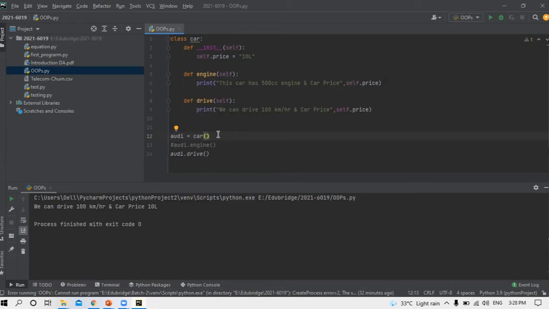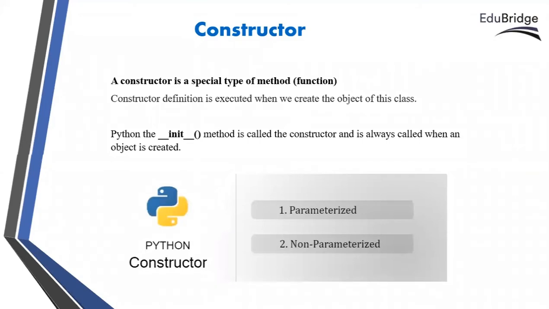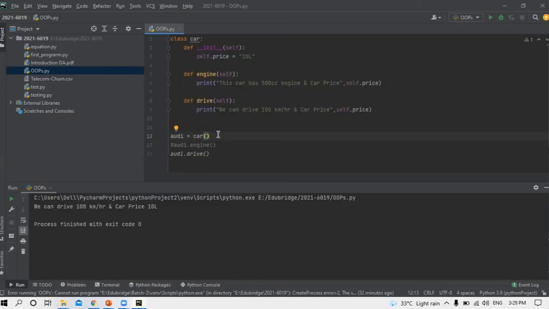So one question definitely comes to your mind: in case you have some parameter, how can you define it? There are two types of constructor: parameterized constructor and non-parameterized constructor. What I am discussing with you, where the self parameter is available, is not a parameterized constructor, because self is an inbuilt parameter. In case you pass any value here, comma, any value like p, that will be a parameterized constructor. So let me first create a parameter here, and then we'll try to pass some arguments, because here you're not calling that method, so how can we pass it?